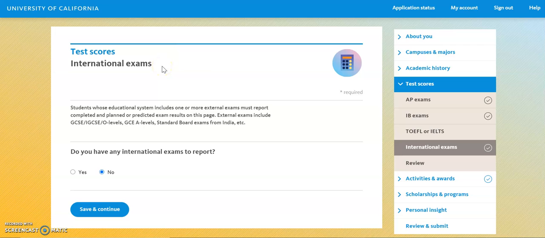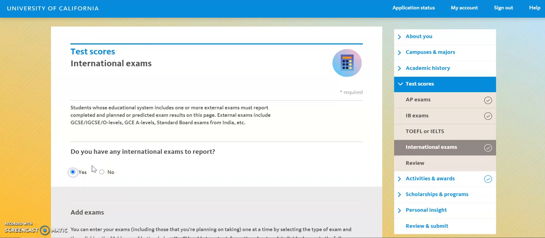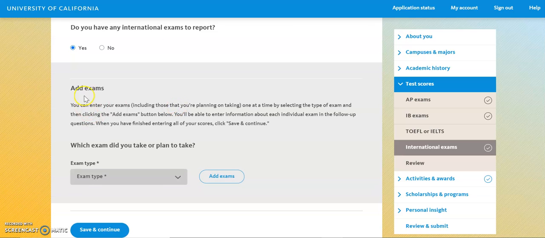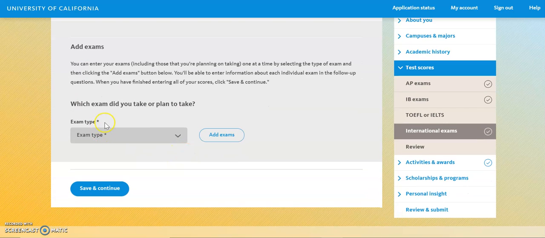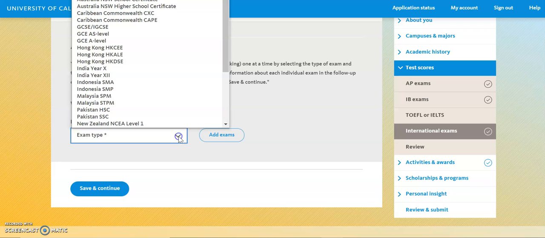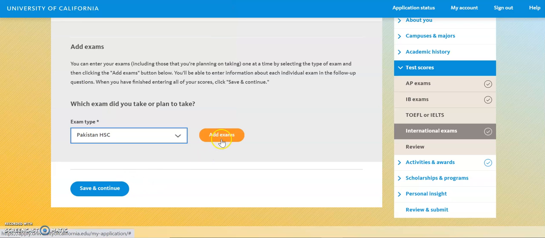The last test score section is for other international exams. First question, do you have any international exams to report? If the answer is no, simply click no and save and continue. If the answer is yes, click on yes and then scroll down to the add exam area. It's going to ask, which exam did you take or plan to take? From the drop-down menu, you will pick the test you plan on taking, hit add exam,